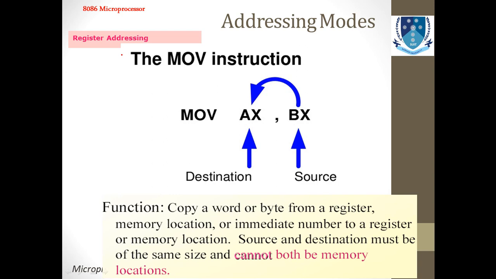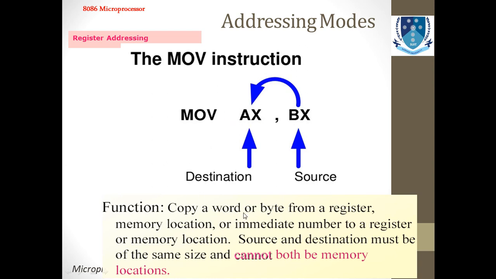This is the move instruction basically. This is your source from which the data has to be shifted into the destination, and this is your destination. So you can see that you can copy a word or a byte from a register or a memory location or any immediate number to a register or a memory location. So you have to have some source which is coming from an immediate number, or from ports, or it is stored somewhere in the register, or it can be any external memory as well. And you have to move that into this kind of instruction.